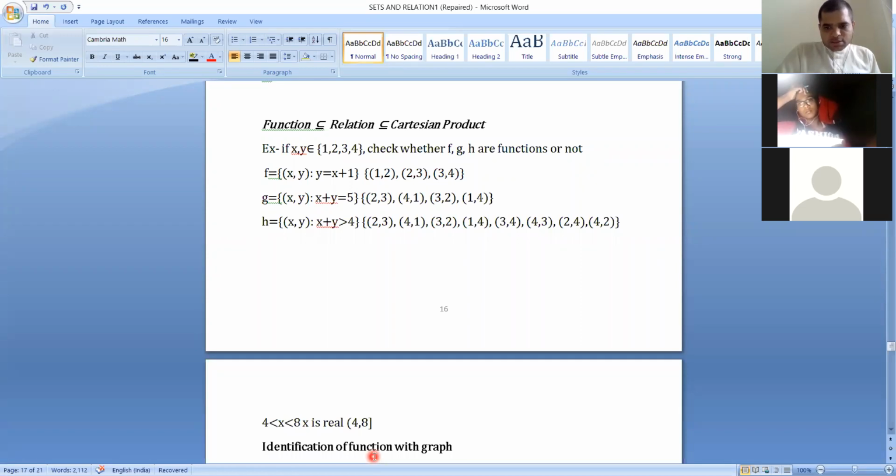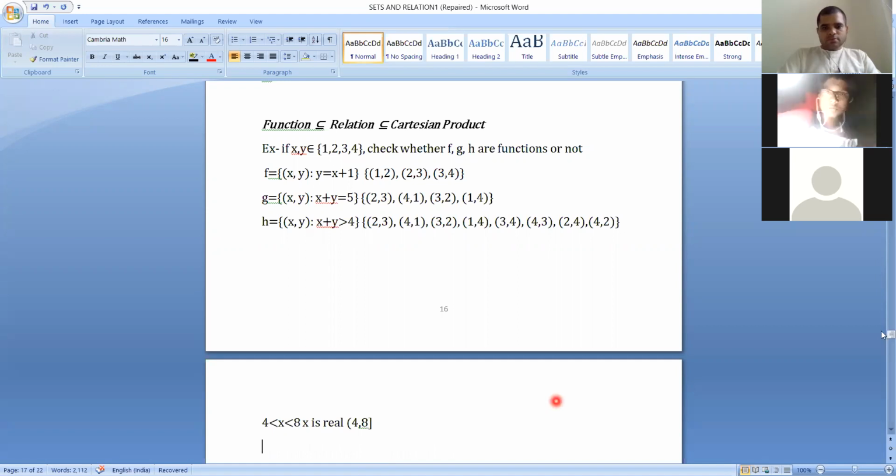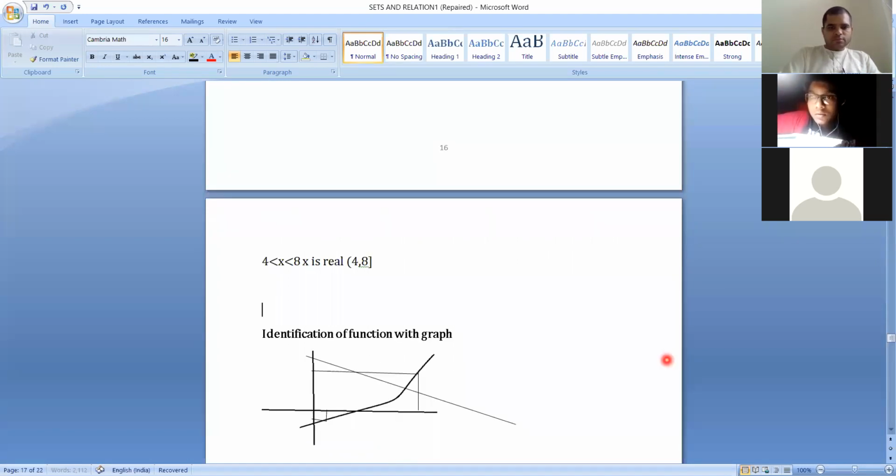Now question number 6. So question number 6 says that f(x) is equal to x minus 4, and g(x) is equal to (x square minus 16) divided by (x plus 4) for all x not equal to -4. It is not defined for x equal to -4. And g(x) is equal to lambda.